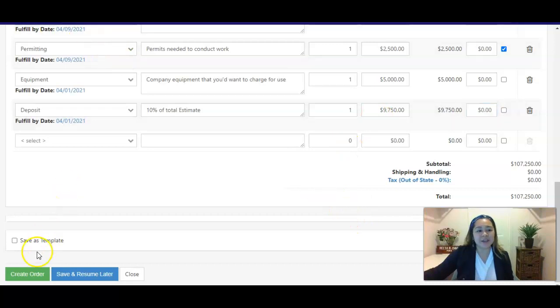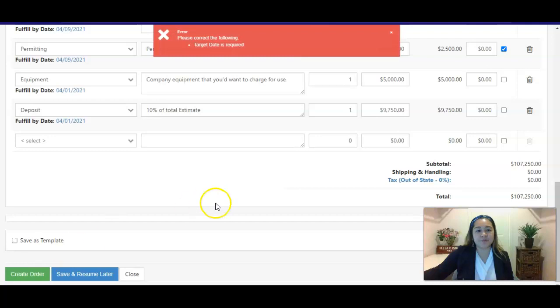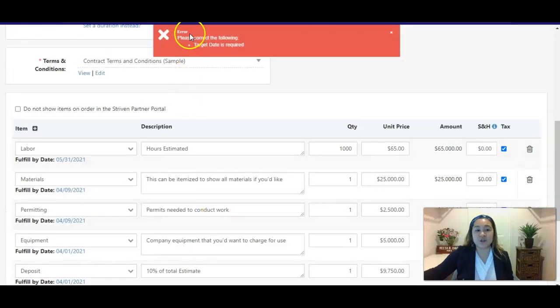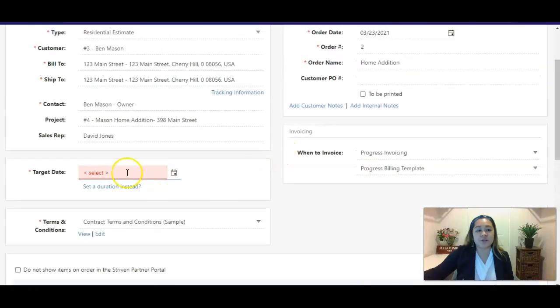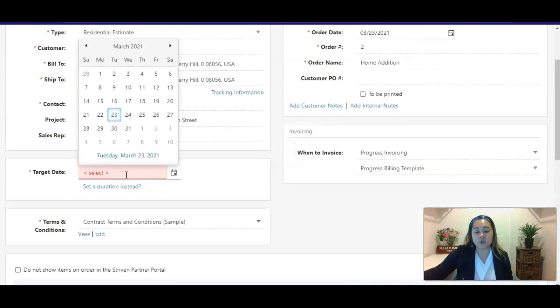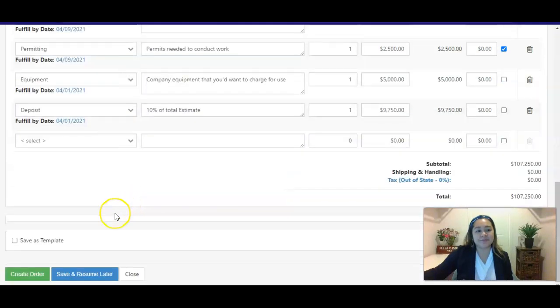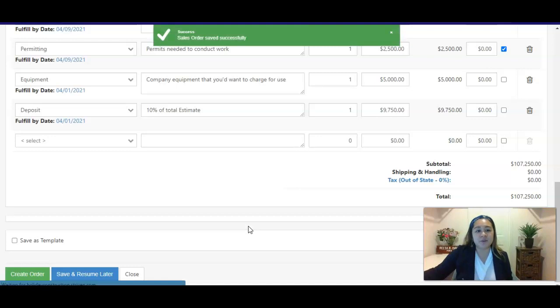Once this is complete, you can create the order. And this shows if there's something that isn't already populated, you can put in the target date of when you would like to start the project or when you would like it to be completed. I'll put April 1st as the start date. As I create the order, this will bring this into an estimate phase